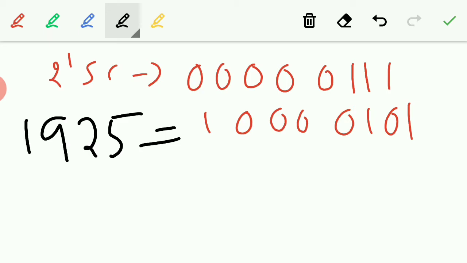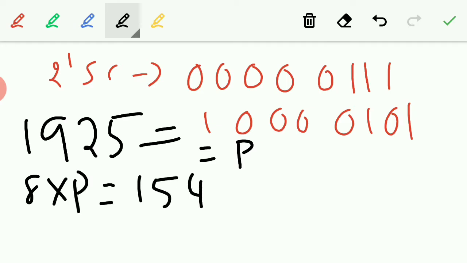What they ask is, this is your P, right? So P is 1925, which means what they ask is 8P. So 8 into 1925 is 15,400. Clear? If you take the 2's complement of 15,400, what you get is